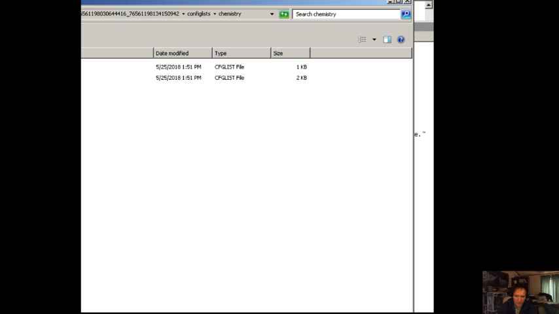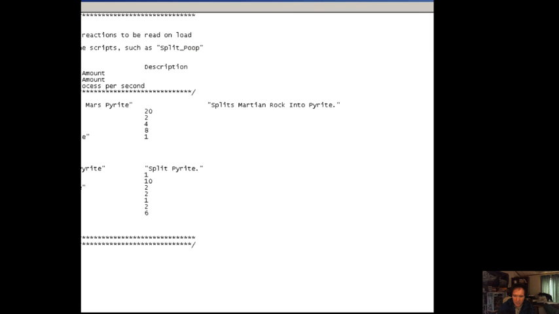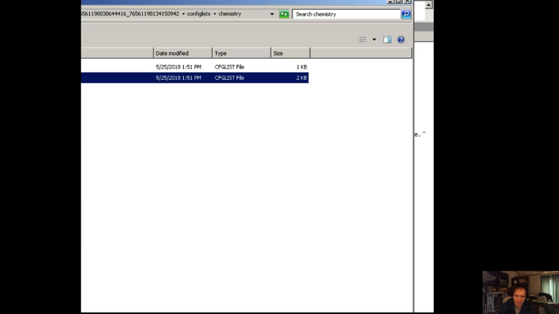So I can go back to this chemistry. Sulfur's not in there, though. What the fuck? It might have something to do with it.